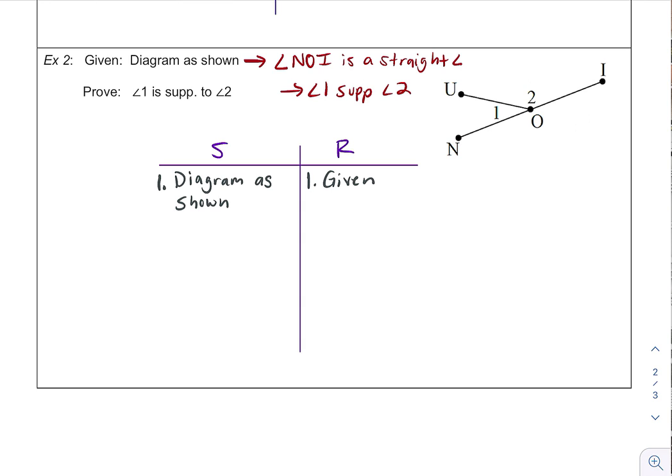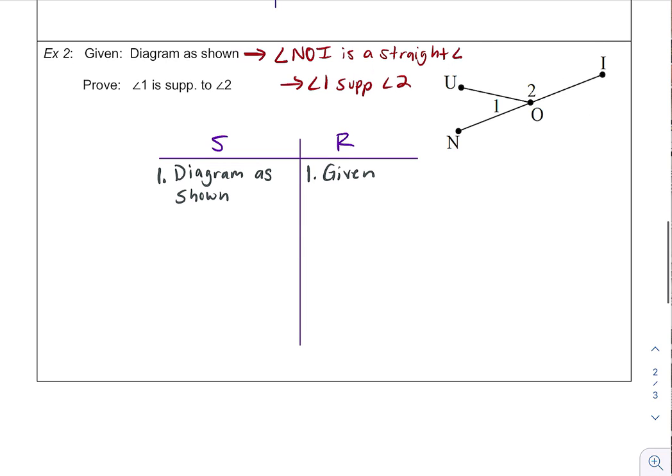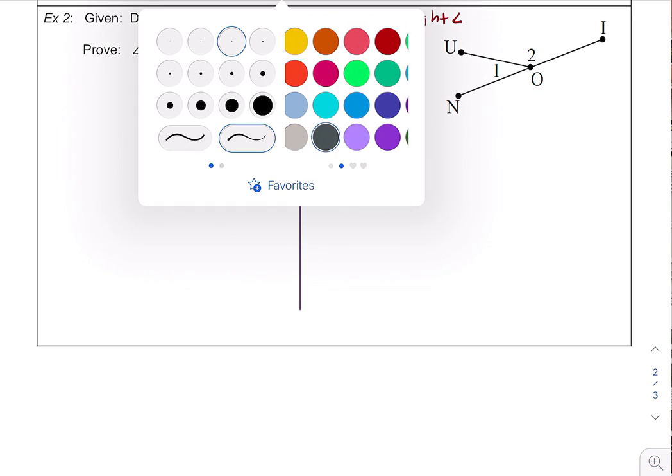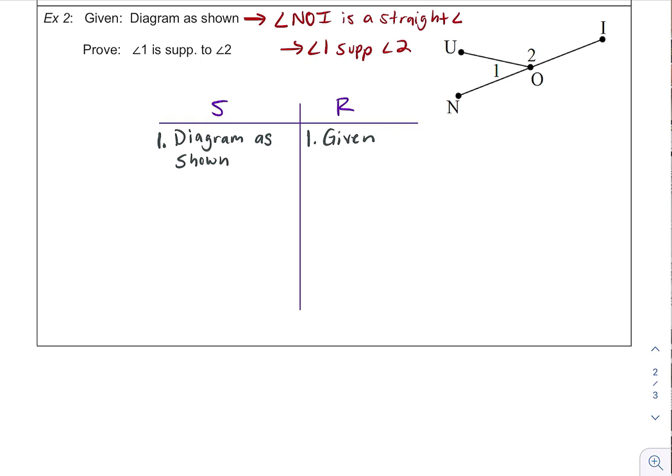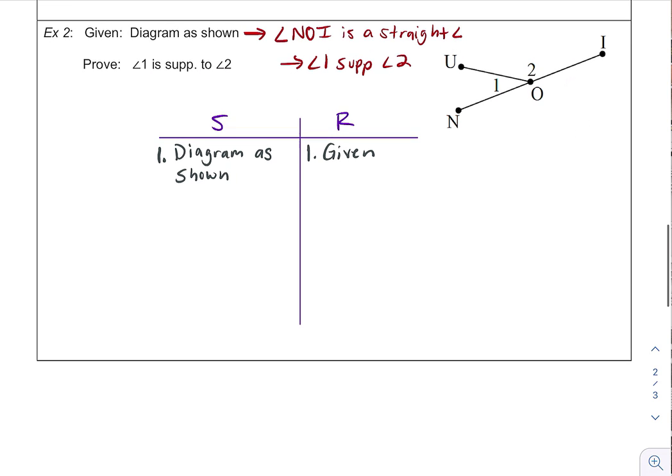So the next step. We said that we knew from the diagram that angle NOI was a straight angle. This is an important distinction here. NOI is also a straight line, a straight segment, but we're talking about angles here, so I want to leave segments out of this. So we need to name it as an angle with 3 points with the vertex in the middle, the vertex being O. So this would give us that I pulled from the diagram that this is a straight angle, not that it's 180 degrees, that it is a straight angle. So this would be angle NOI